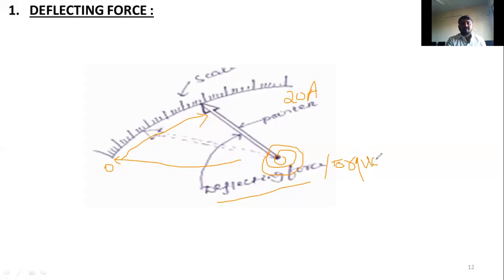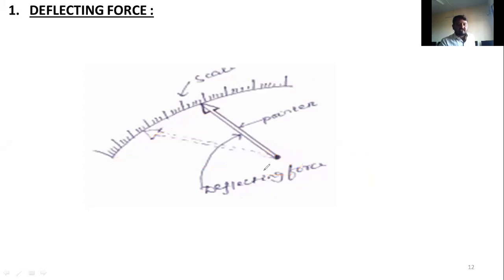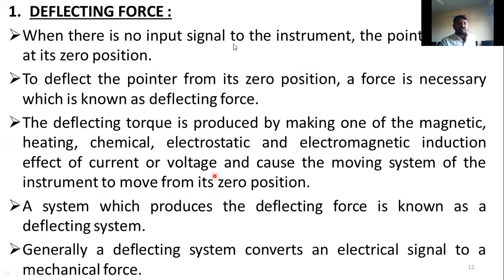समझ में आ रहा है? 0 value करे थे initial. So from 0 to non-zero value, we are connecting this meter in the circuit, means we are going to measure something. Yes or no? We are going to measure something. If we measure something, it should move from 0 to non-zero value. 0 to non-zero value move होने के लिए whatever force is required, that force is called deflecting force or deflecting torque. Is it clear? The concept is very simple. This is the concept of deflecting torque here now.